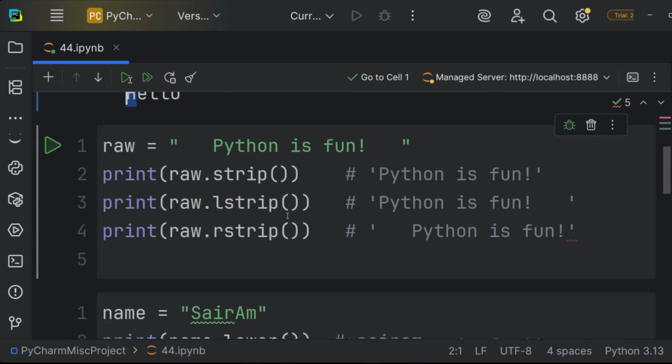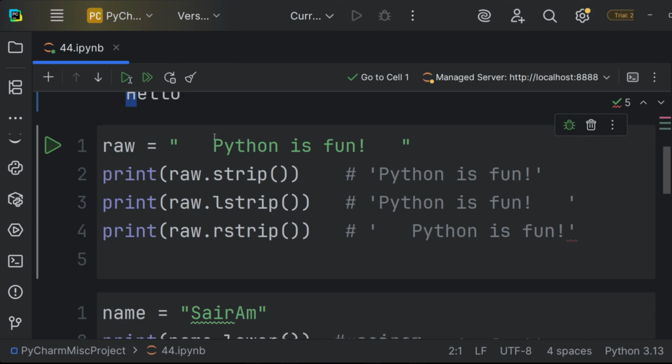Let's start with something super practical, cleaning up extra spaces. When you copy data from a website or a file, sometimes you can notice this weird blank space. So how can you do the same thing in Python but remove it? This is where the .strip() method comes in.